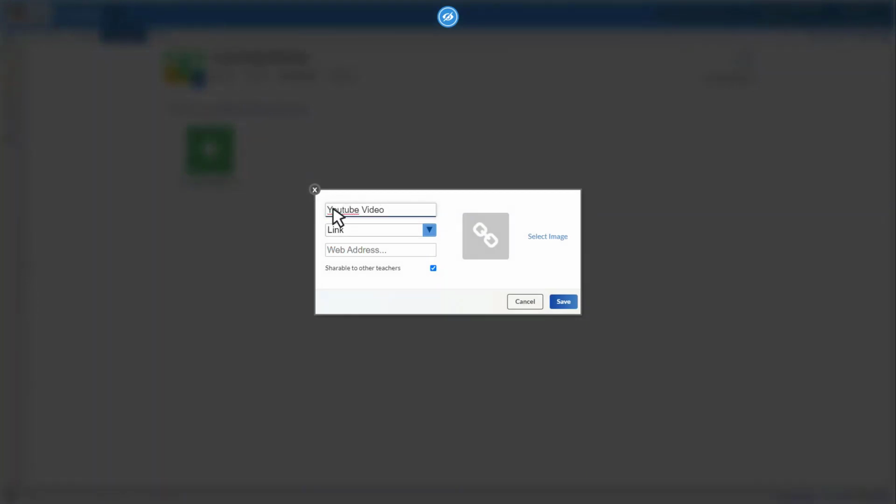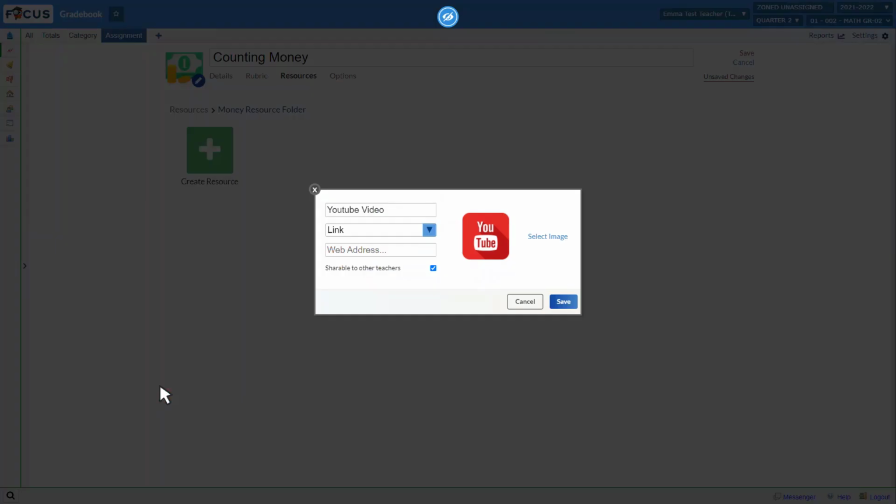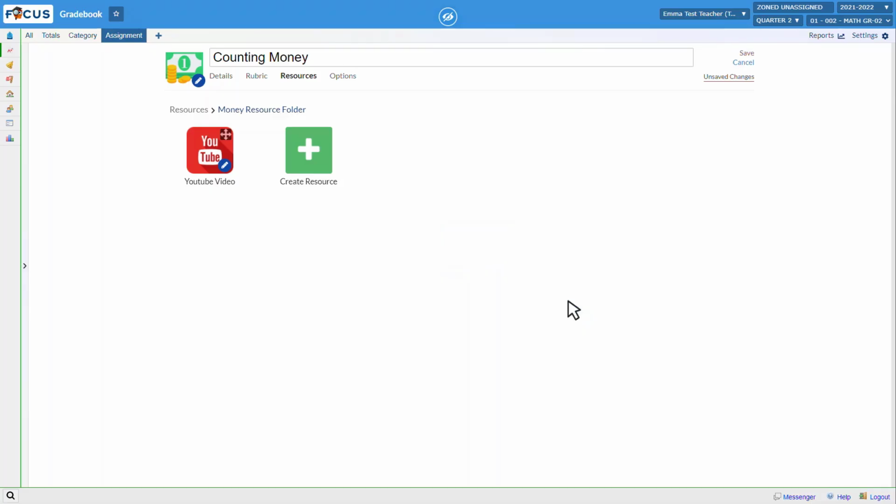This is going to take me to a YouTube video, and I'm going to select an image, and we have a handy dandy YouTube icon right here. And then I'm going to put the link to that exact YouTube video. And once again, I'm going to deselect shareable to other teachers and then click Save. You will now see inside this money resource folder, we have a YouTube video link as well as the ability